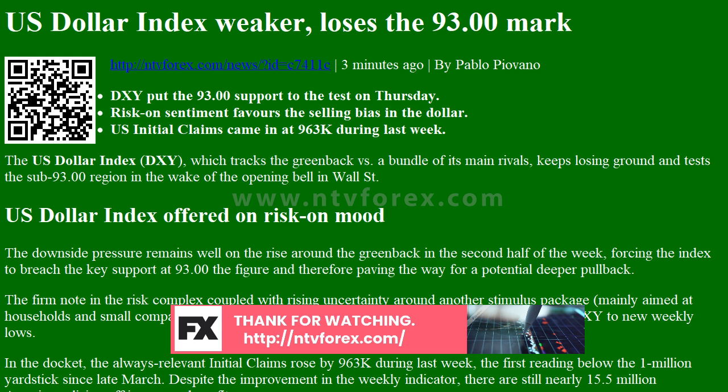The index is losing 0.46% at 92.98 and faces the next support at 92.52, the 2020 low of August 6, seconded by 91.80, the monthly low of May 18, and finally 89.23, the monthly low of April 2018. On the upside, a break above 93.99, the weekly high of August 3, would aim for 94.20,